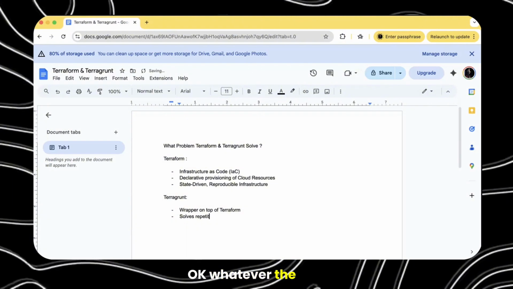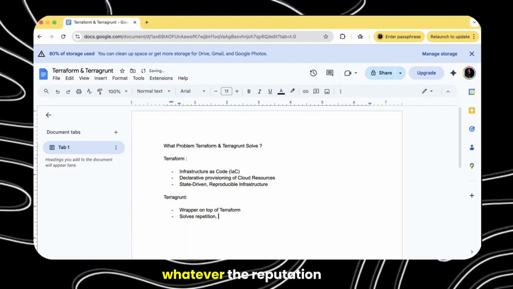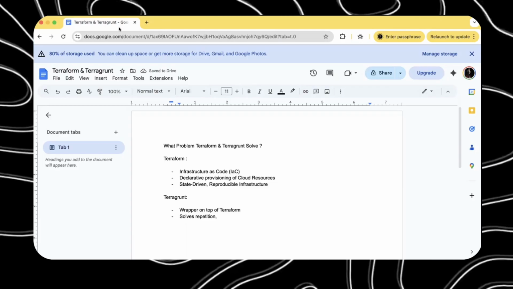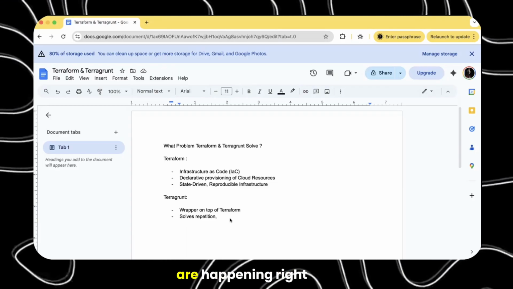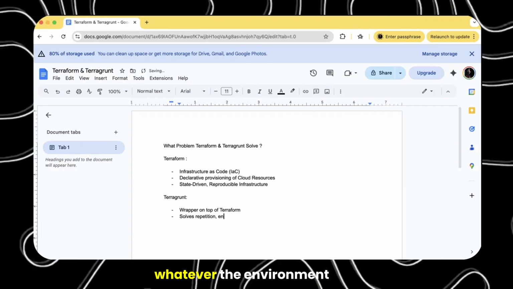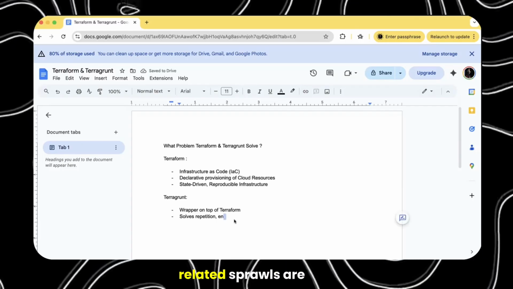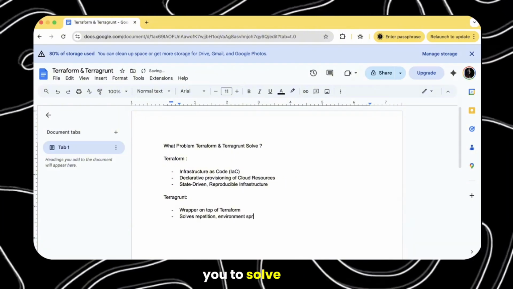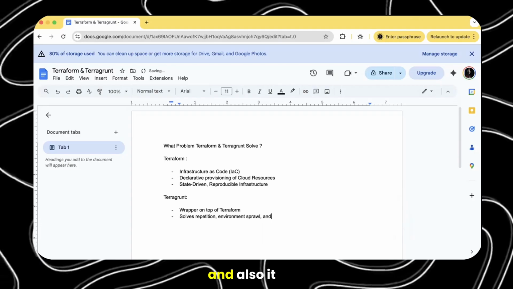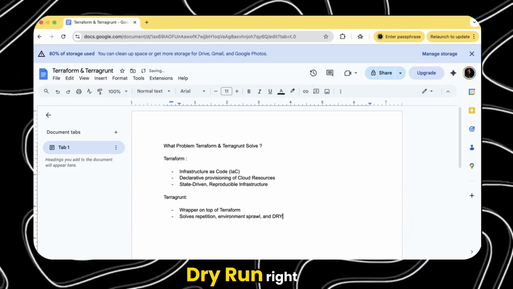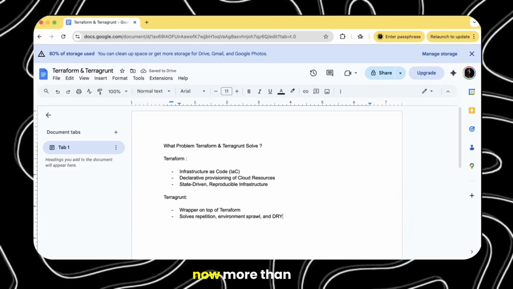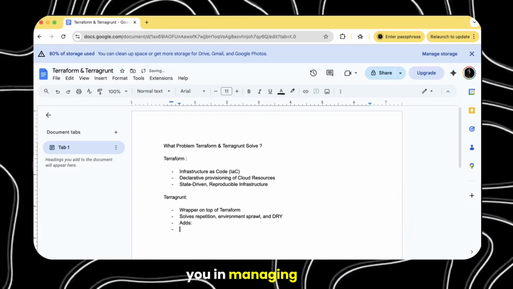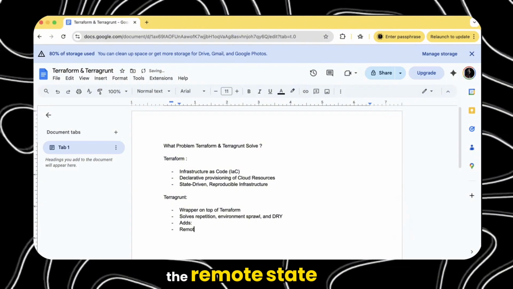Whatever repetition is happening, and whatever environment-related sprawl is happening, it will help you to solve those problems. And also it will help you to do a dry run. More than that, it will help you in managing remote state automation.